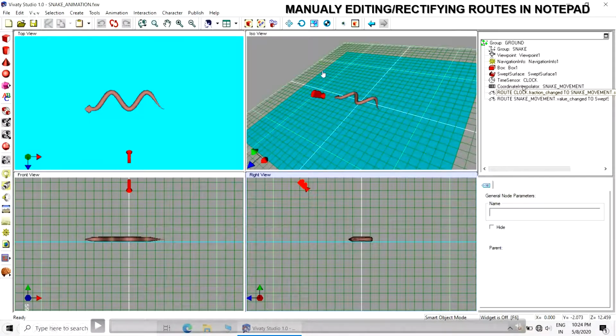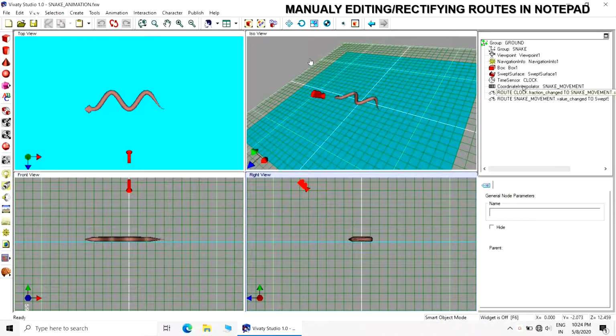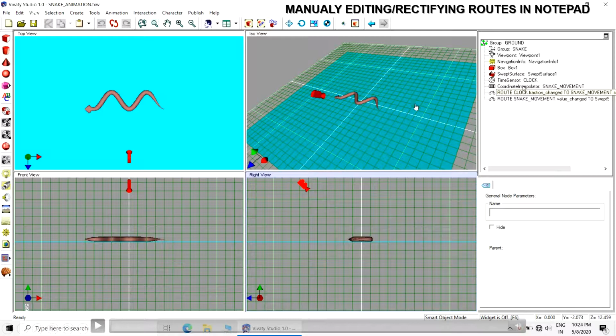So I will show you the manual correction procedure.